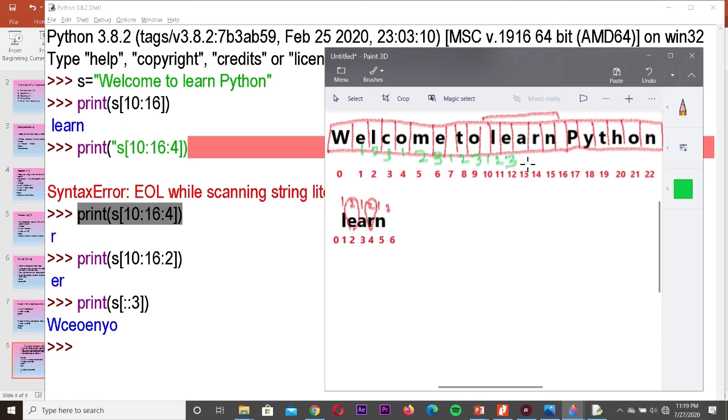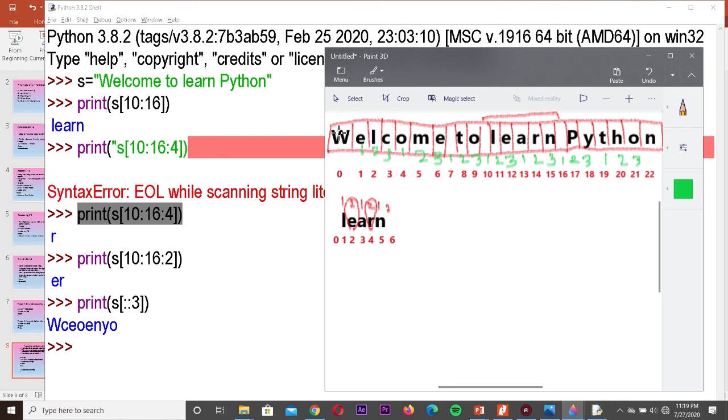Like that we have to put the steps, that is, move forward. Stride means it moves forward that number of characters which is given. So 3 means it has to move forward 3 characters. 1, 2, 3.